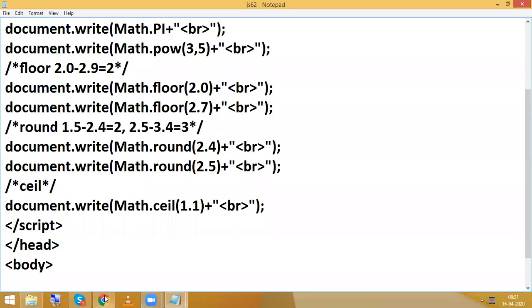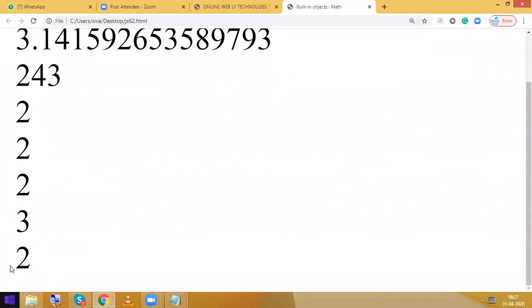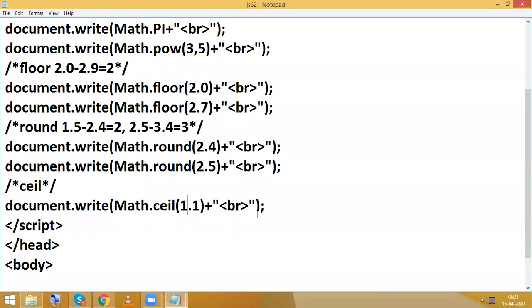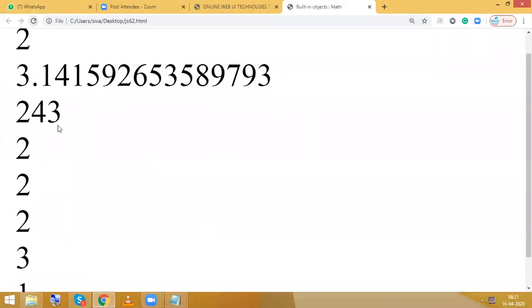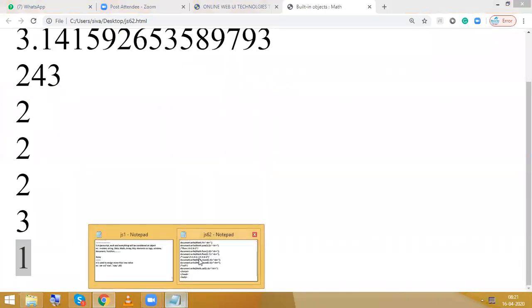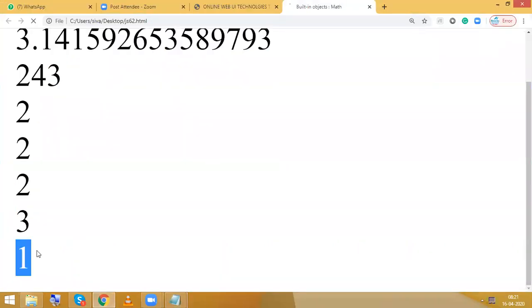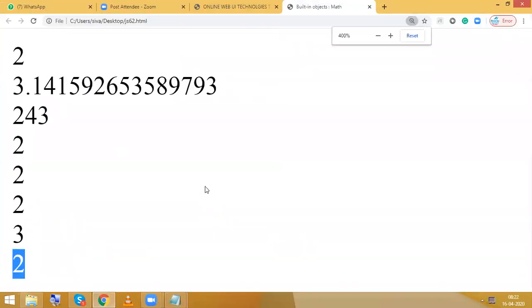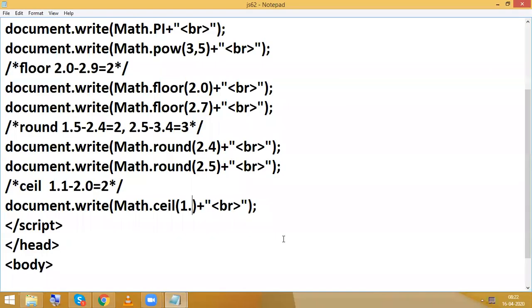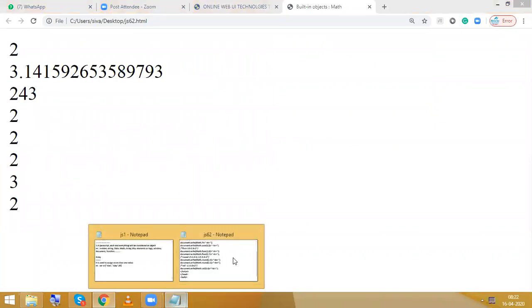See, whenever I'm giving 1.0, then it is 1. What I'm trying to say here is that from 1.1 to 2.0, the result is always 2. If I give 1.9, the result is 2. If I give 2.0 also, the result is always 2.